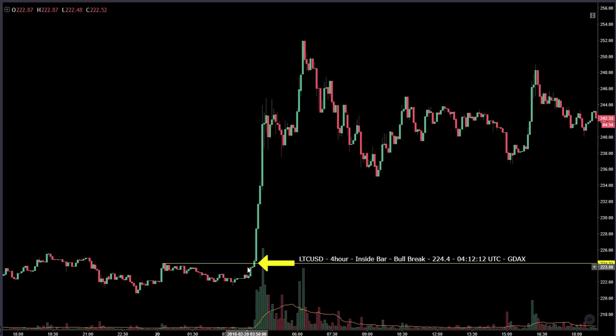So equilibrium, MACD cross, break of our inside bar, and then the volume just comes in crazy. People are ready to buy. They're very eager. So when we get that equilibrium breaking bullish, it's a great sign, and bulls just jump all over it. So the next signal we're going to get on this break is probably going to be our abnormal